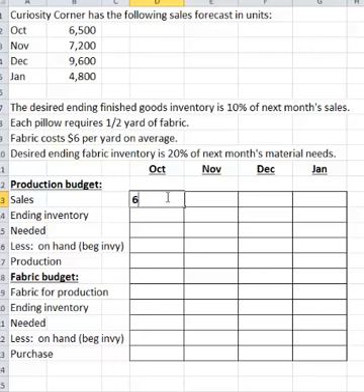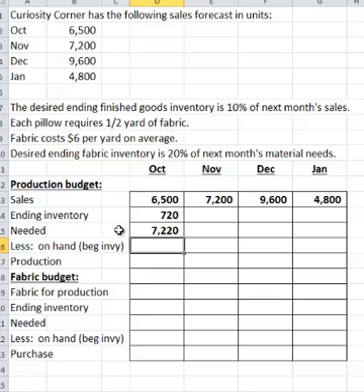So let's put these in here. They give you the sales. Okay, the ending inventory for October needs to be 10% of next month's sales. All right, that gives us what's needed is those two added together. And then what do we have on hand? Sometimes they just tell you what they have on hand. Here they didn't tell you what they had on hand. And so you use the ending inventory